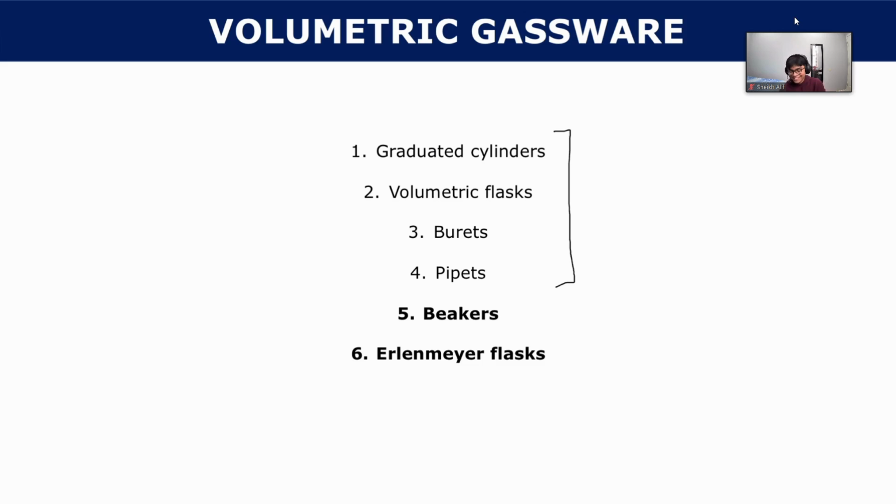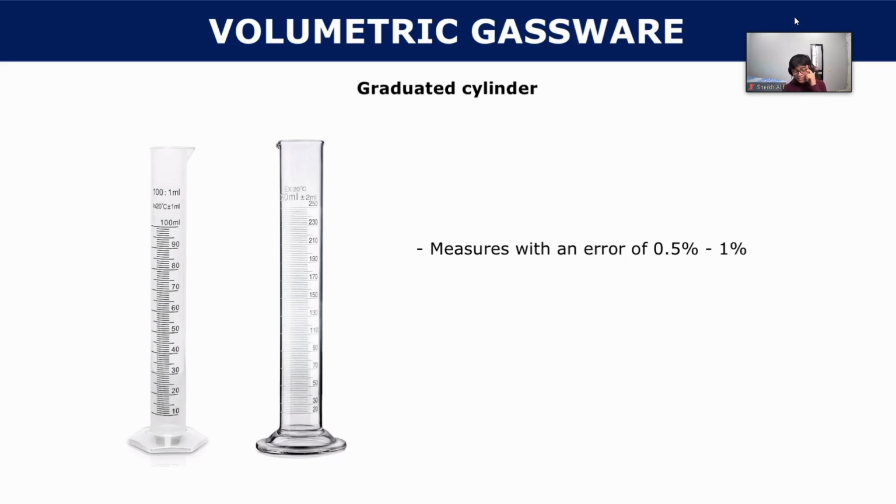I just realized it says volumetric glassware. Okay, my bad. Anyways, let's take a look at graduated cylinders. So graduated cylinders look like this. They measure with an error of 0.5% to 1%. So the whole theme around volumetric glassware is that they're going to be super accurate. And we'll see that's why 5 and 6 are not volumetric glassware, because they are not as accurate as some